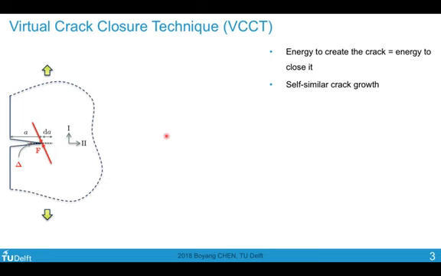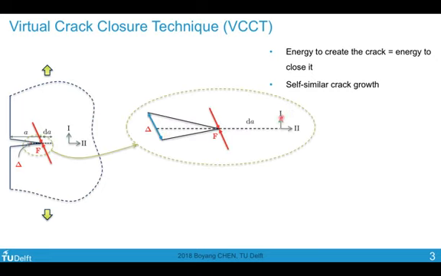And if we zoom in, we give a normal mode 1 direction and mode 2 direction respectively. The VCCT assumes that the crack propagates in a self-similar manner, which means that if this crack tip were to open up, it is going to open up just by the same amount as before, which is the opening at a distance of dA behind the crack tip. So you can imagine in a self-similar crack, this whole region is going to shift to the right by a distance of dA.